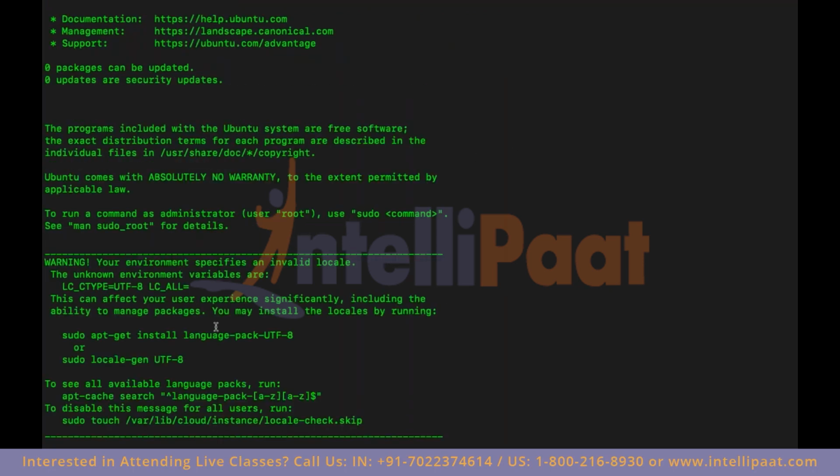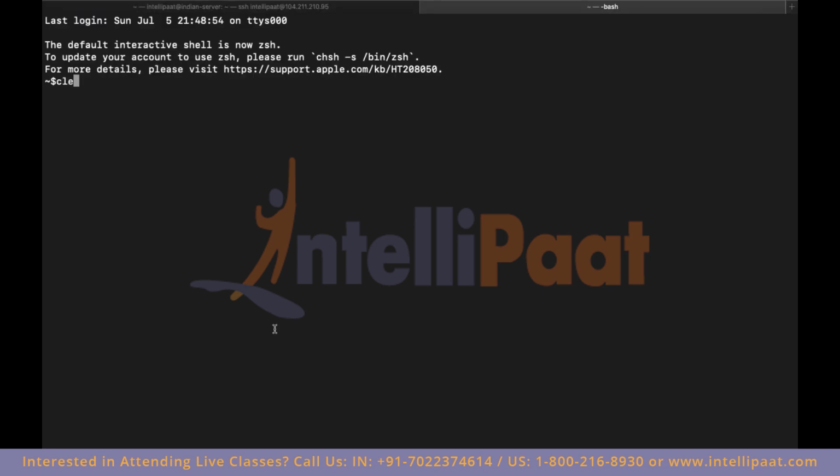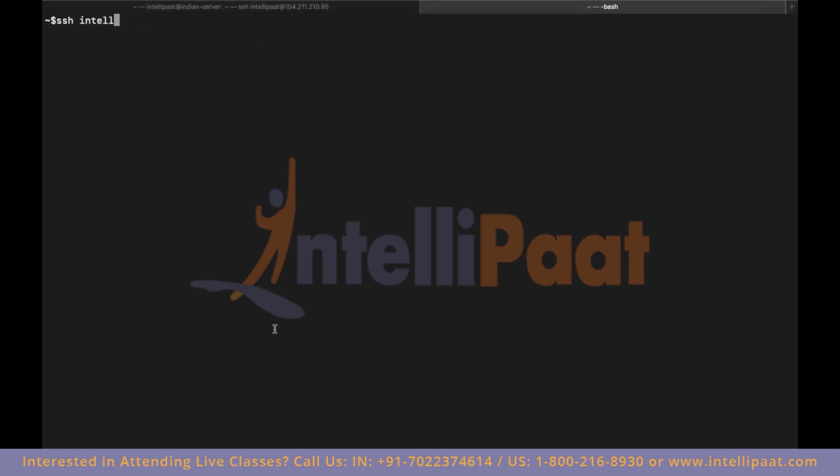And then you are now logged into your Indian server in the Azure region. So this is your first server. Let's connect to a second server as well. So SSH Intellipaat